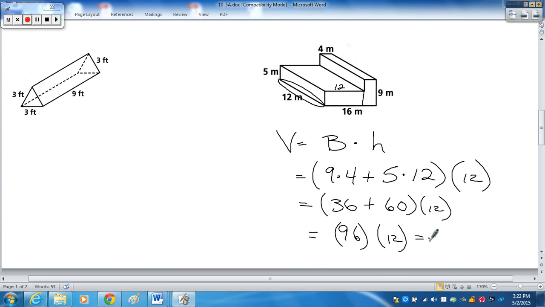And so multiplying those two together, you should have 1,152 meters cubed, or cubic meters, within that structure right there. Okay? And that is the volume of that prism. All right, now let's flip over to the back side, and we've got a couple of problems here on